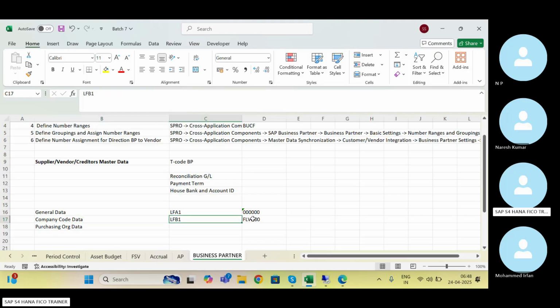And company code data is mandatory to post any information in the vendor. Why is it mandatory? Because in the company code data you are giving the reconciliation account. Like for a GL, if you create a GL just at SKA1 level, that is chart of accounts level, will you be able to post any transaction in that GL? No, not possible. That GL must be extended at company code level, that is SKB1, to post any transaction